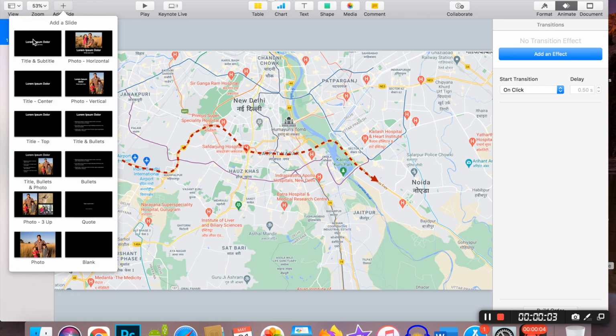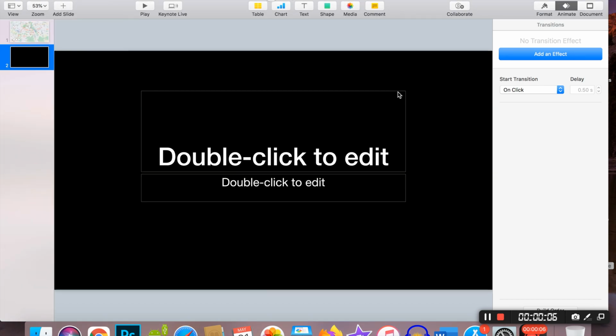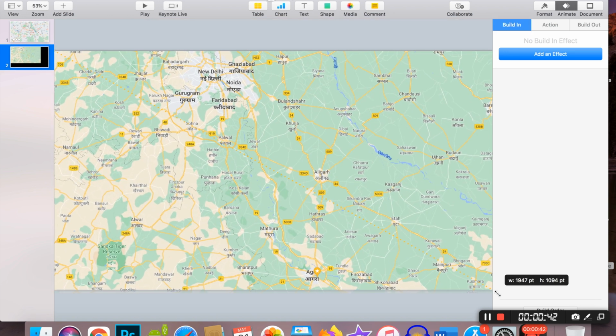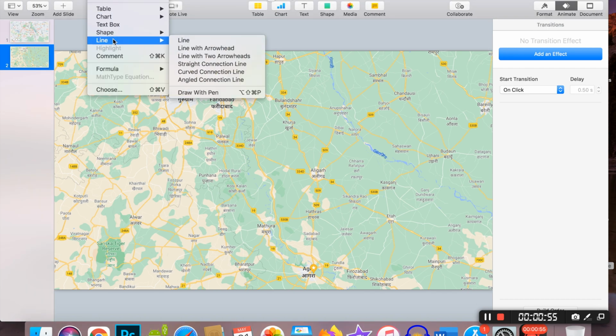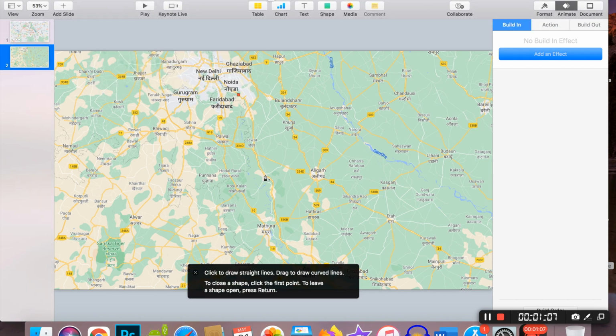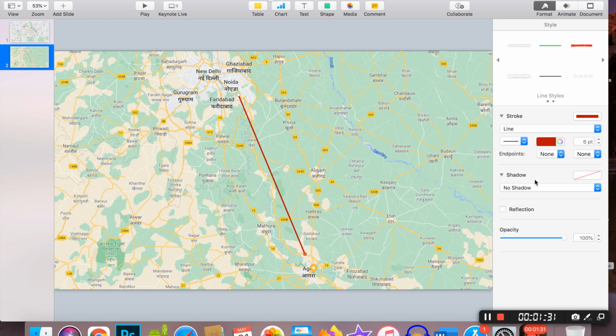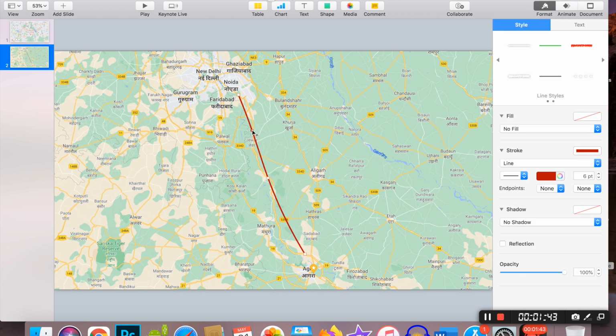Add slide and insert the second map which we have taken, that is from Noida Greater Noida Expressway to Kuber Cut. Repeat all the steps which we have done in the earlier video.